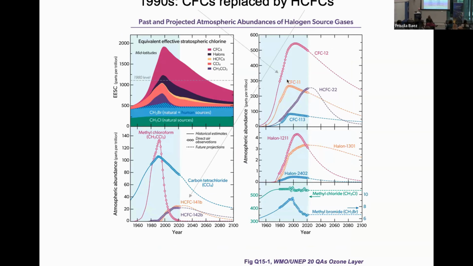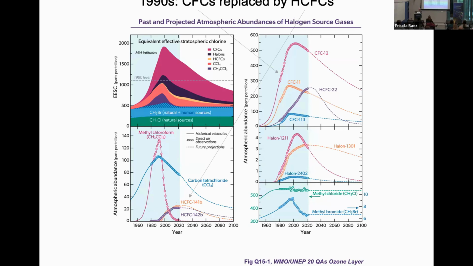So here's the time series of the atmospheric abundance of CFC-11 and CFC-12, which peaked here around the year 2000. And then here are some of the HCFCs, which are peaking 20 years later. That's as much detail as I want to go into. Well, actually, one more thing. I'm going to talk about carbon tet at the end. Carbon tetrachloride has been the bane of our existence. We keep thinking it's going to come down, and it keeps not coming down. And I'll talk about that at the end.